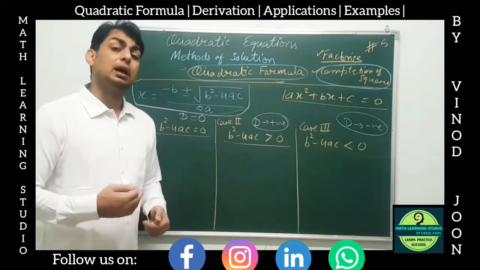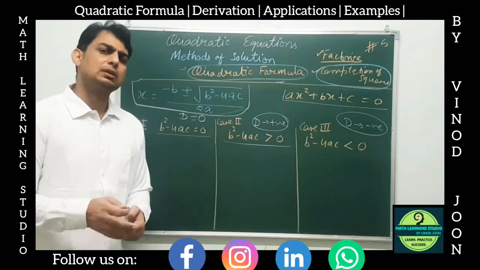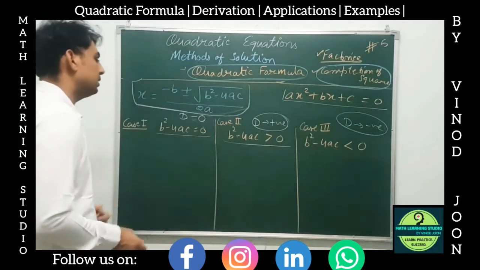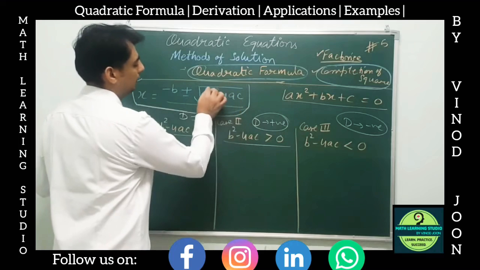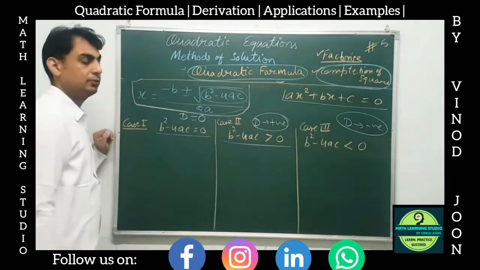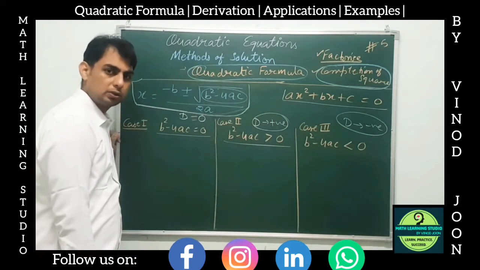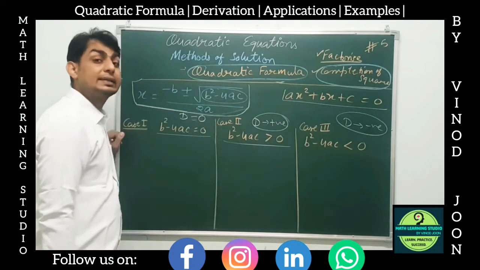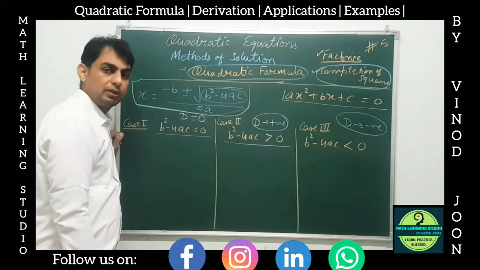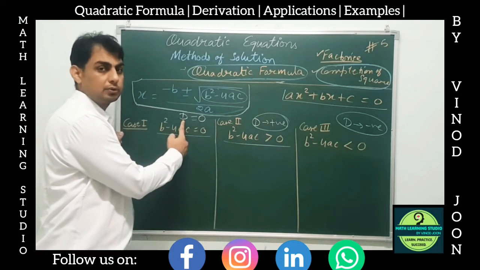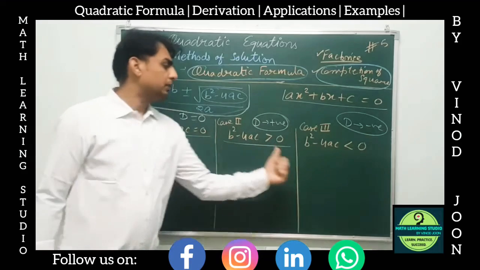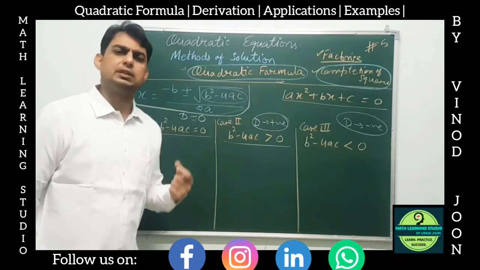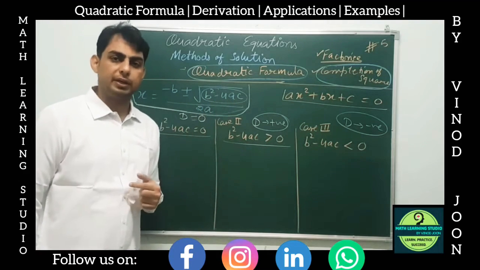Now we will understand how this quadratic formula helps us to understand or find out the nature of roots of the quadratic equation. Well, see, there is a very simple value inside this, and it is b square minus 4ac, which is under the root, under the square root symbol. And we know in the previous video we have discussed that this is called the discriminant of the equation. So D, capital D हम इसको use करते हैं. So there can be three different cases or three different kinds of values of this discriminant, or of this b square minus 4ac.